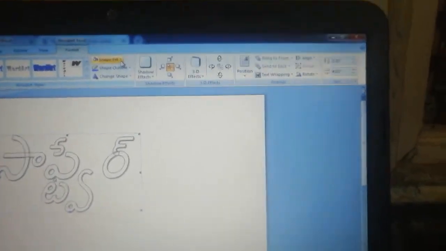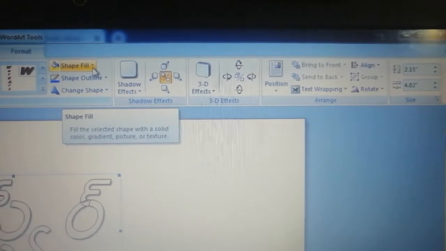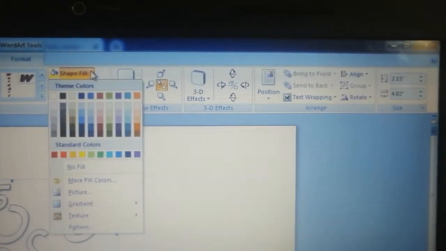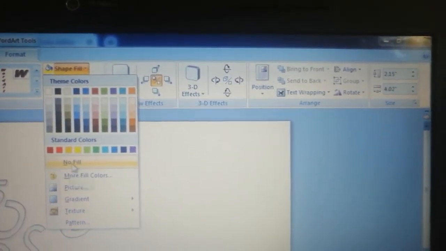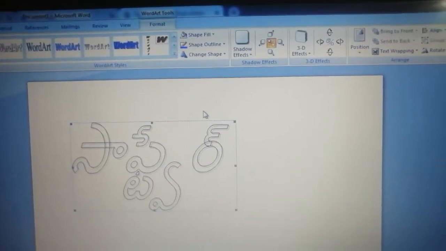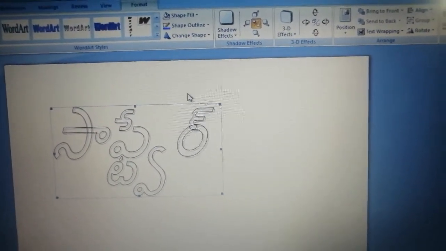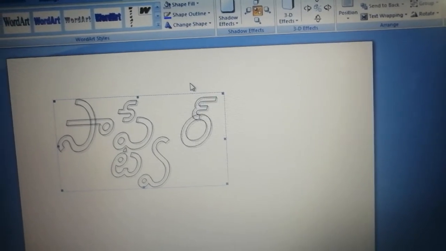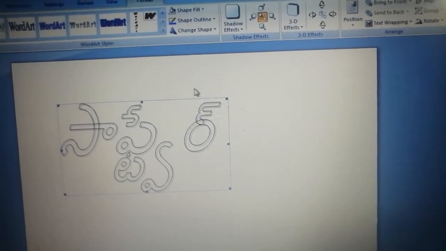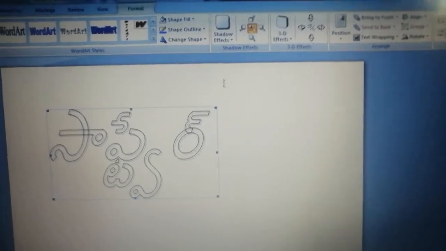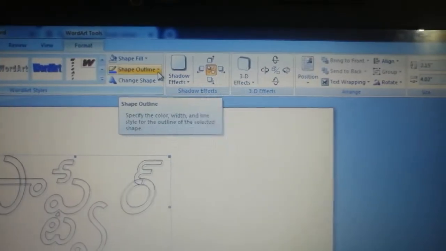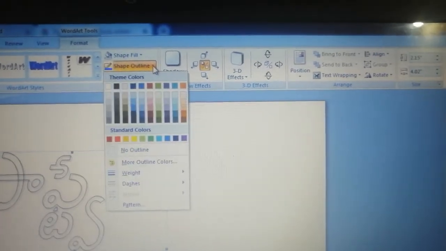Now what I want to show you is, get into this shape fill option. Select no fill so that it would be empty inside the border lines. Now again get into this shape outline.